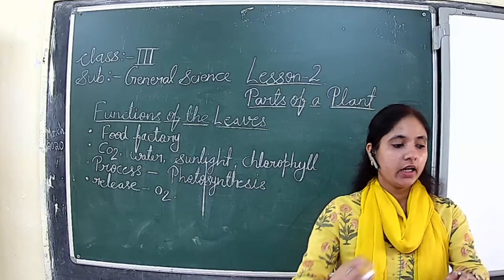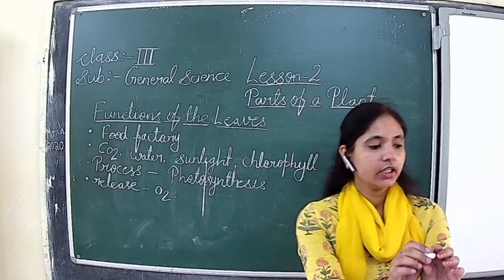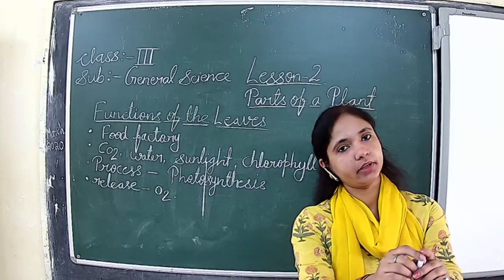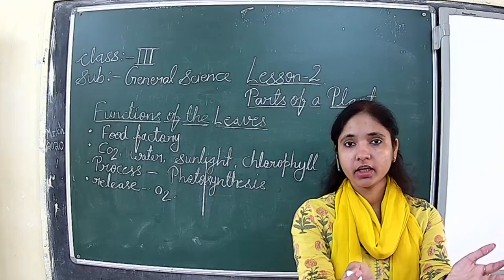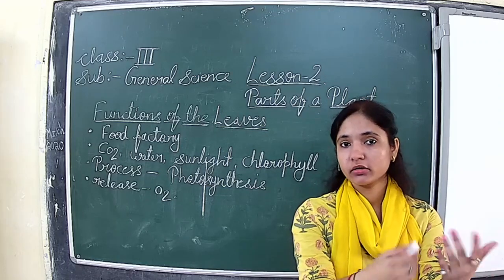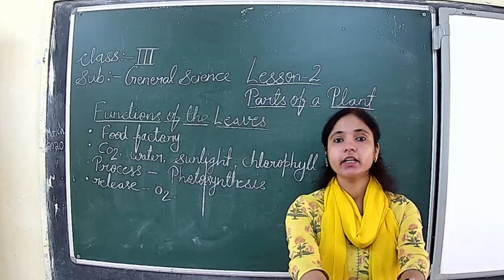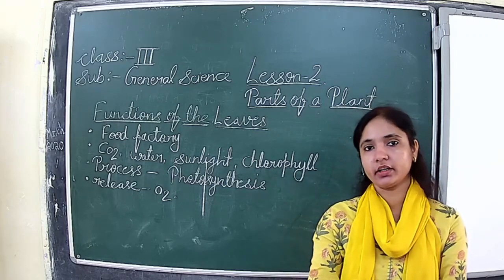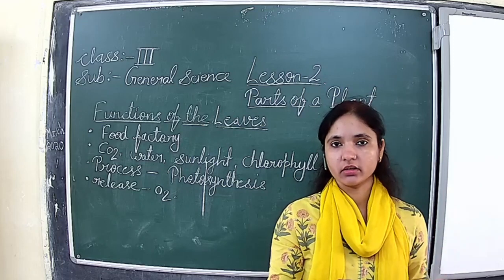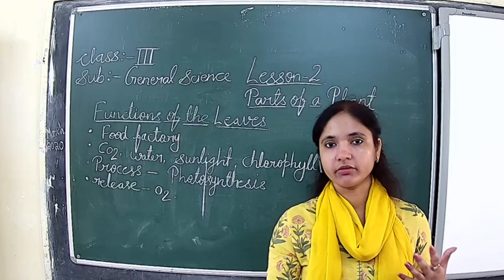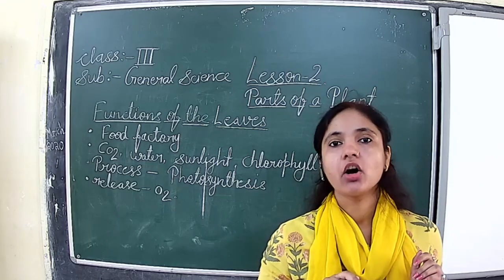This oxygen is used by living beings for breathing. What is the use of oxygen? Mainly it is for breathing. It is also used in burning, which is another function. But the main and most important requirement of oxygen is for breathing. For breathing only, we use the oxygen.